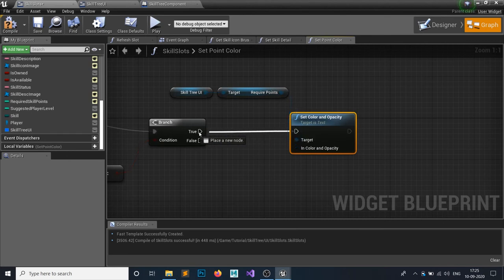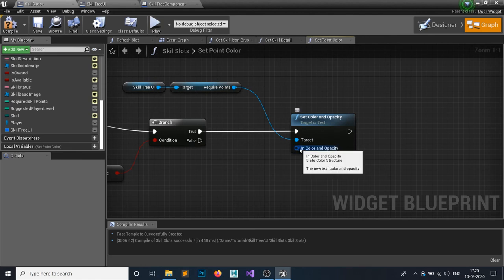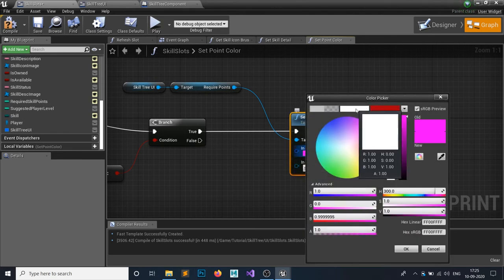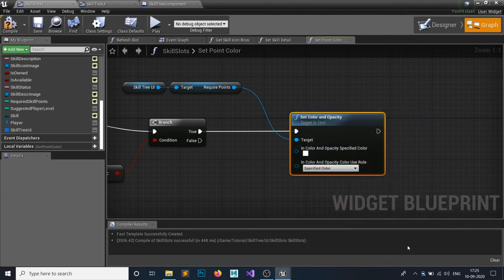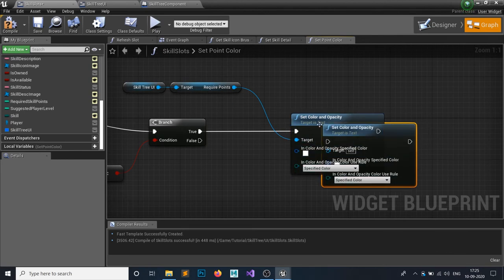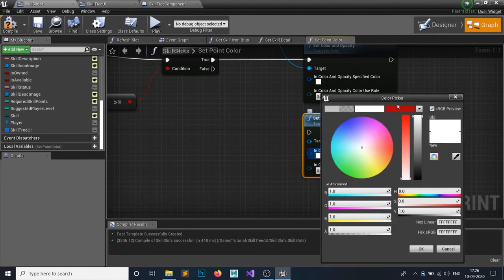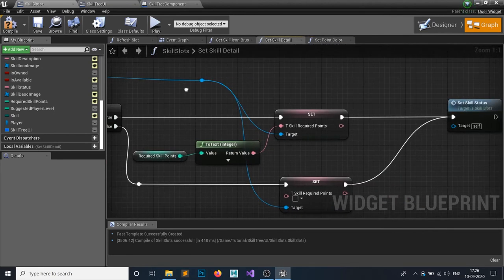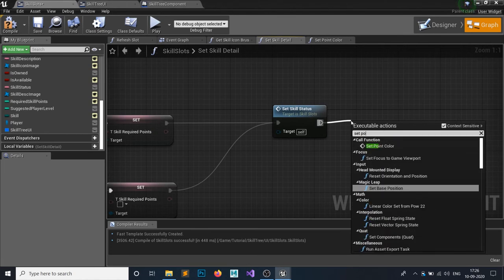Set color and opacity. Right click and split this, and you can see we can set our color. So if it's true, we can set this to pure white. If it's false, just duplicate that and set this to red. Attach it to here, and we're going to call this function after setting your skill status. So set point color,